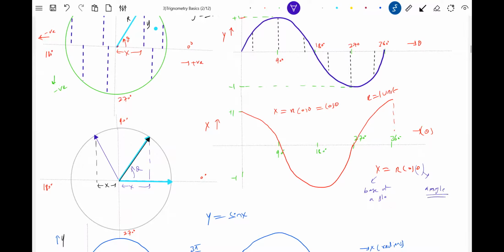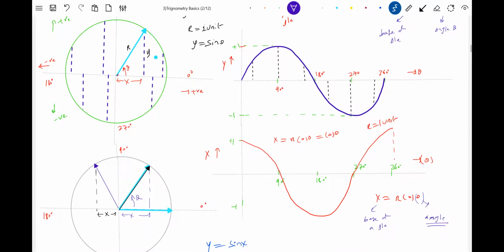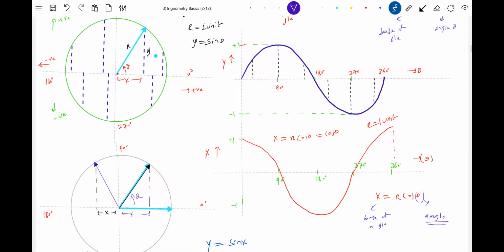Why will the curve be like this only, x equal to cos theta, y equal to sin theta? There's a reason. As you rotate that particular vector, or as you rotate that line, x and y are varying. How do they vary? They vary with theta in this particular way. This we'll call a sine curve. This is called a cosine curve.